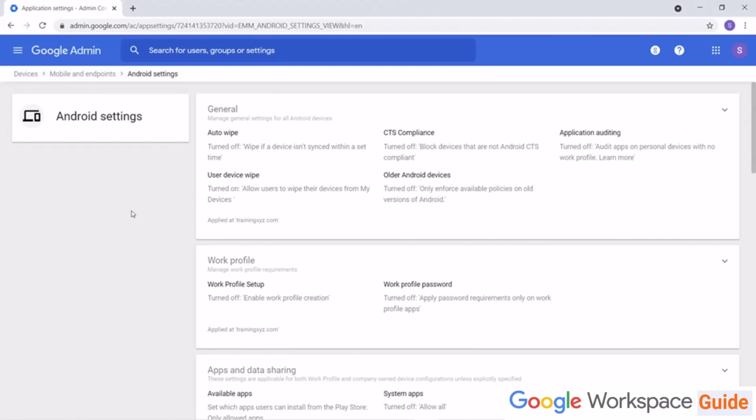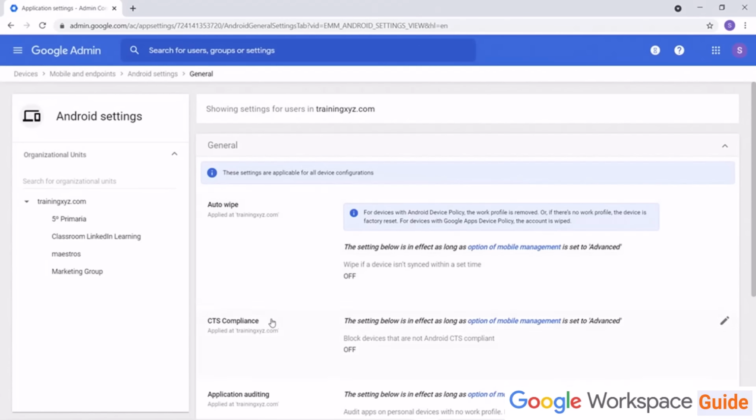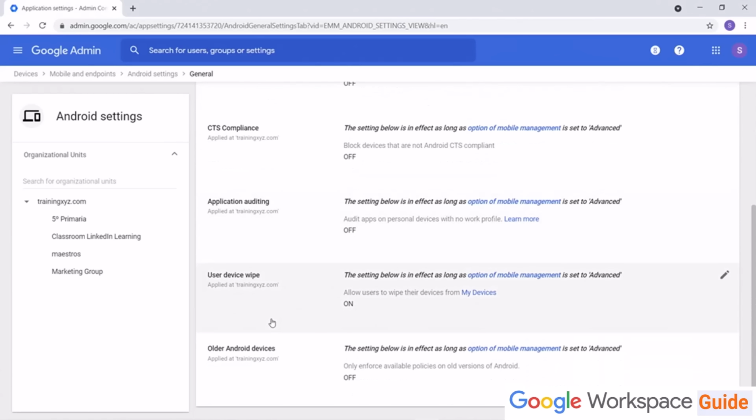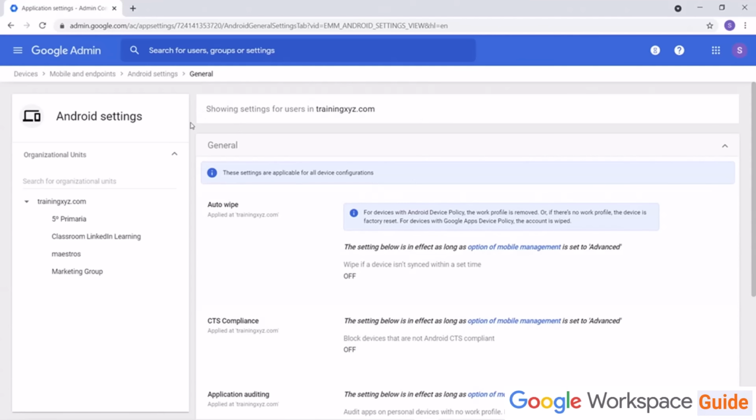As a security measure, Auto Account Wipe enables the potential wiping of managed devices that do not sync after an established number of days, which may indicate that it is lost or stolen. The Device Policy app prompts the user to reconnect to the internet and sync data before performing account removal. Additionally, you may decide to allow users to initiate a remote device wipe from their My Devices page at www.google.com/apps/mydevices. This can also be done by an administrator from the user page, which will be covered in the next